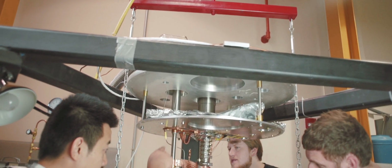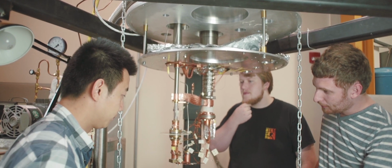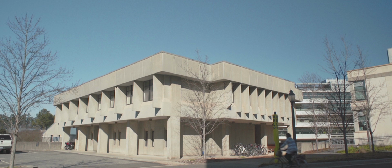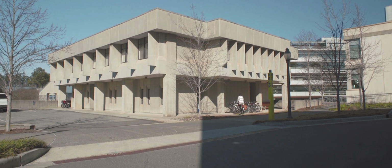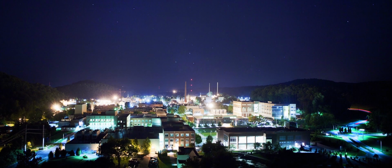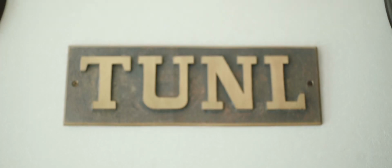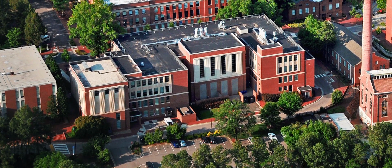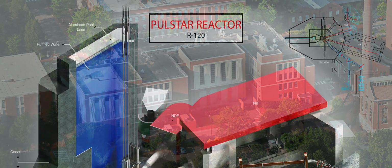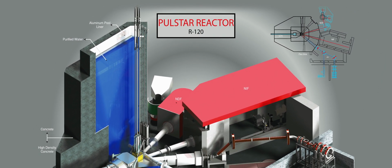Both experimental and theoretical nuclear physicists undertake research in the NC State Physics Department. Because of the nature of the field, these studies take place at a variety of laboratories, including Oak Ridge National Laboratory, Triangle University's Nuclear Laboratory, in the department's own Riddick Hall, and at the university's nuclear reactor Pulsar, where low-energy